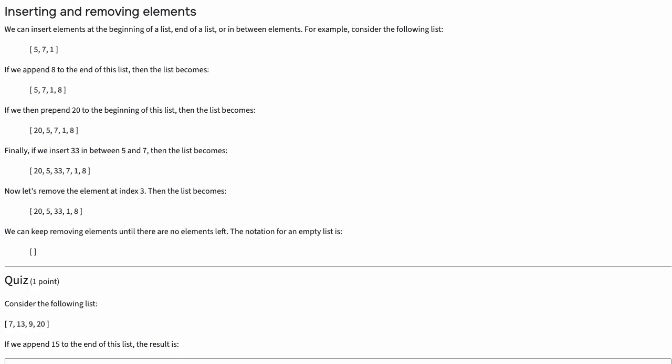We can insert elements at the beginning of a list, end of a list, or in between elements. For example, consider the following list. If we append 8 to the end of the list, then it becomes [5, 7, 1, 8]. If we then prepend 20 to the beginning of this list, then the list becomes [20, 5, 7, 1, 8]. Finally, if we insert 33 in between 5 and 7, the list becomes